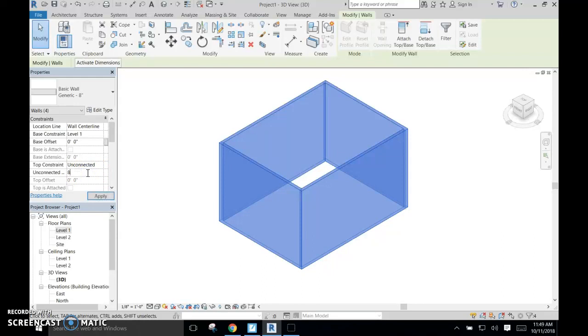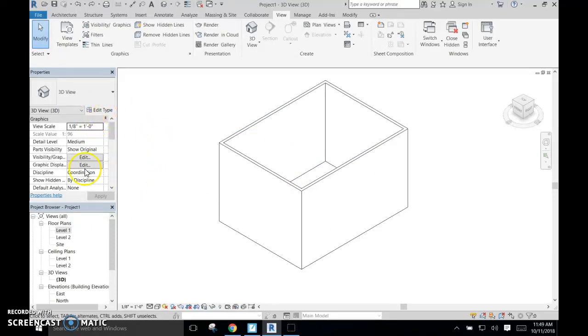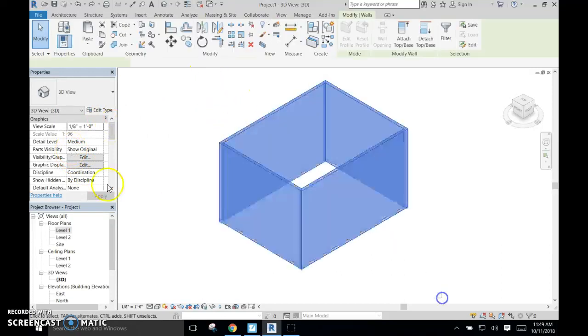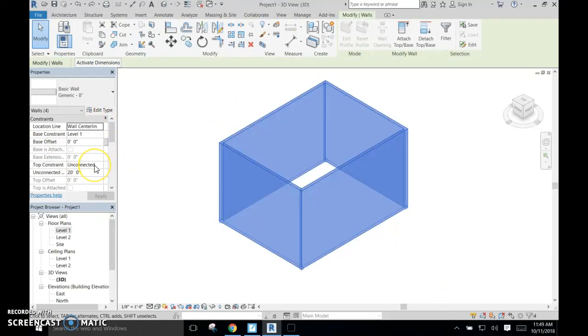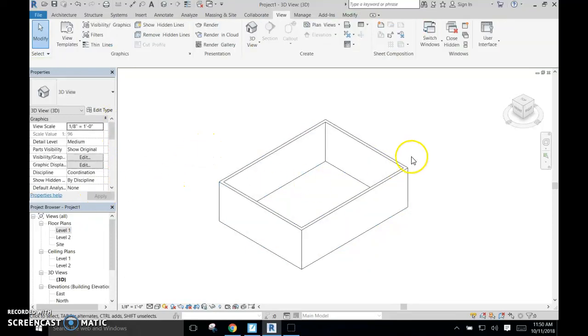So I could come over here and just hit 8 space 6, enter, and hit Apply, and that would shrink them down to 8.5 feet, which is the height of my wall. The other way I could do that is I'm going to hit Edit, Undo and make them large, but I'll go in there and select them. I can constrain them, which is nice because especially if I make multiple floors, I'm going to have that go up to level 2. Level 1 is the base level. Level 2 would be the second floor or the ceiling, depending on how I did it, but I can also do it like that. If I want to change, I believe that set it at 10 feet, not 8'6", so